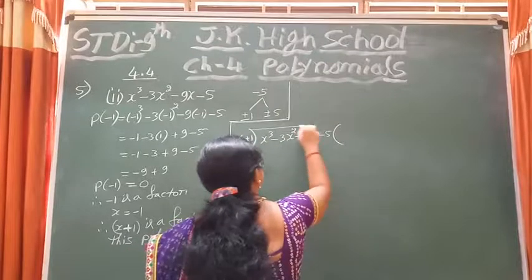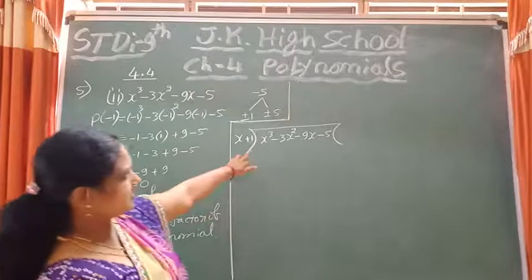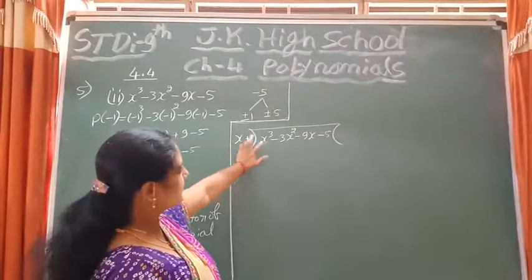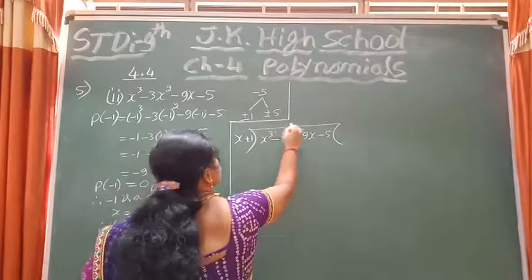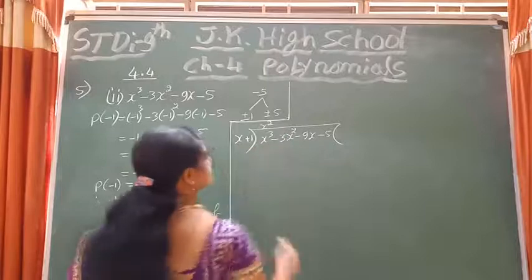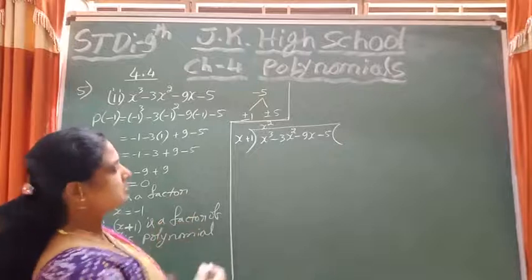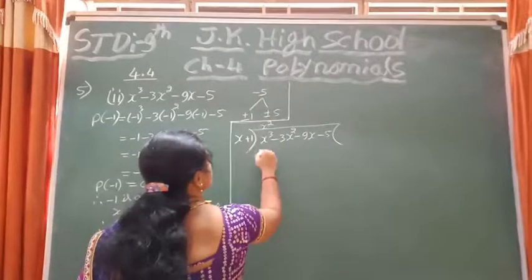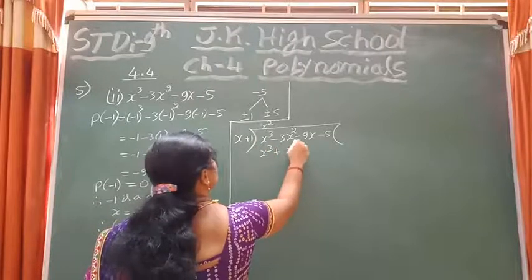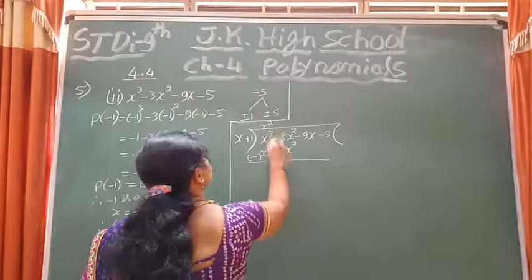So after understanding you will come to know what you have to write in the place of quotient. First term of this dividend, first term of divisor, by this term you divide. I am going to get quotient as x square. 1x will get cancelled, means x square. After understanding the method you can do it and write the quotient. Then multiply x into x square is x cube, plus into plus plus 1 into x square, 1x square. Then change the sign. Then it will get cancelled.